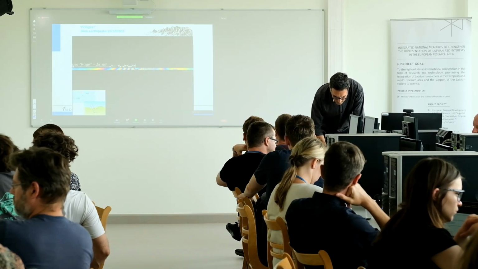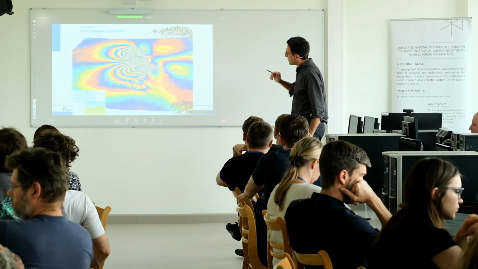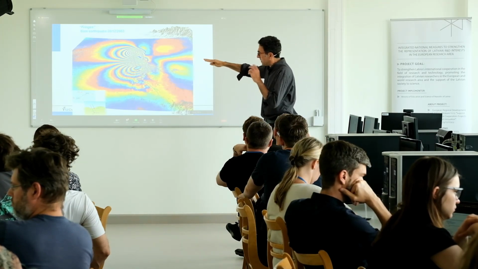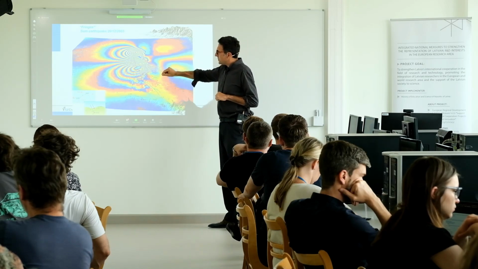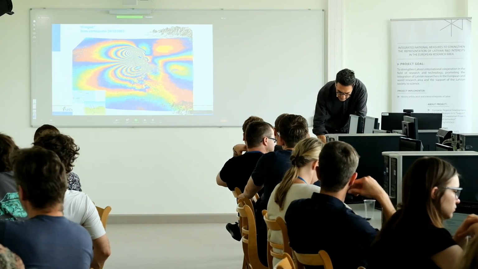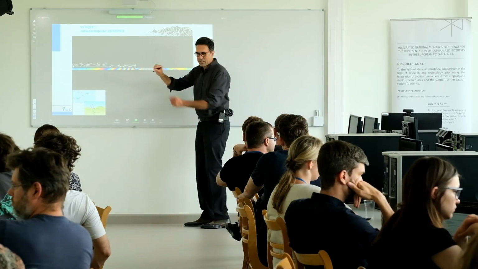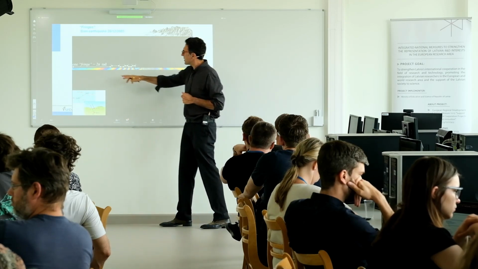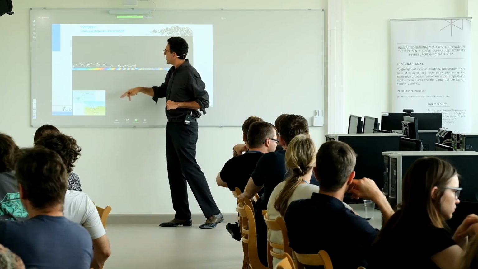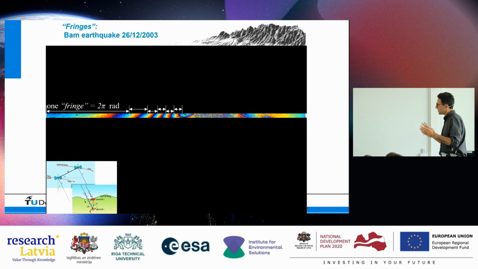Oh yeah, this is what I wanted to show you. So this is as an example. If this is the full two-dimensional pattern, we could look at, let's say, one cycle over here. That is what I do by simply blocking out just one little strip so that we can still see something. So this is now one fringe, 2 pi radians. Here the fringes are getting closer to each other. So the 28 millimeters of displacement are getting closer to each other, so there's more deformation over here.